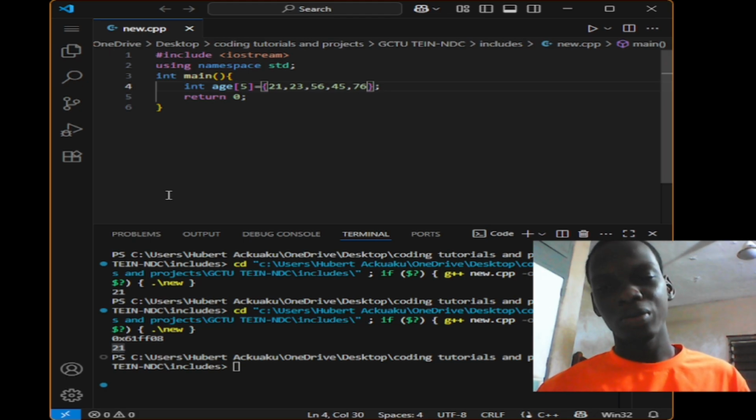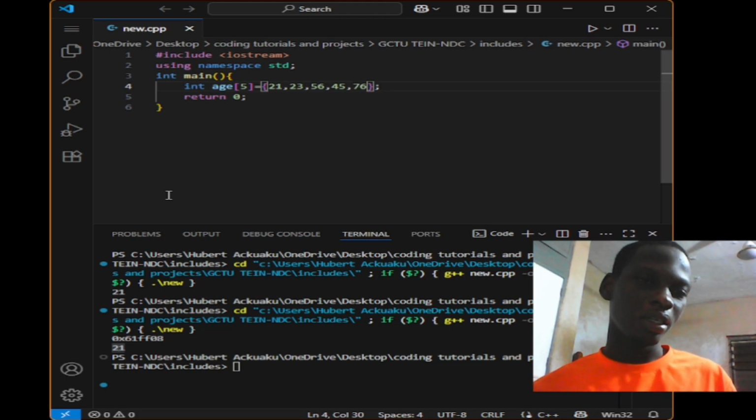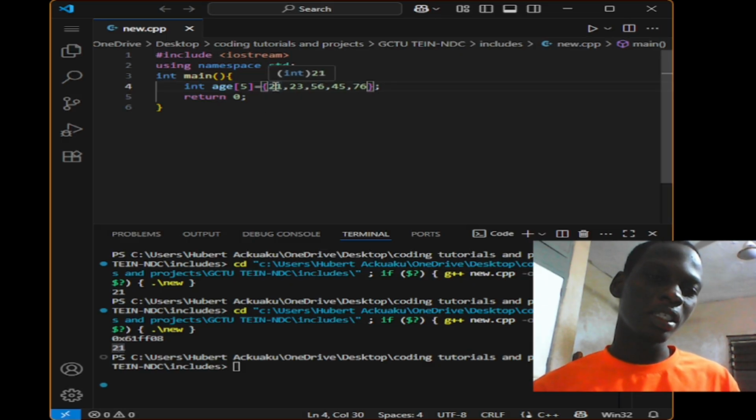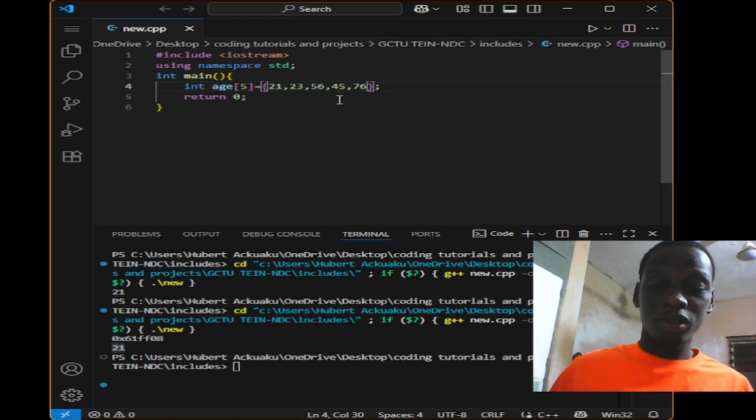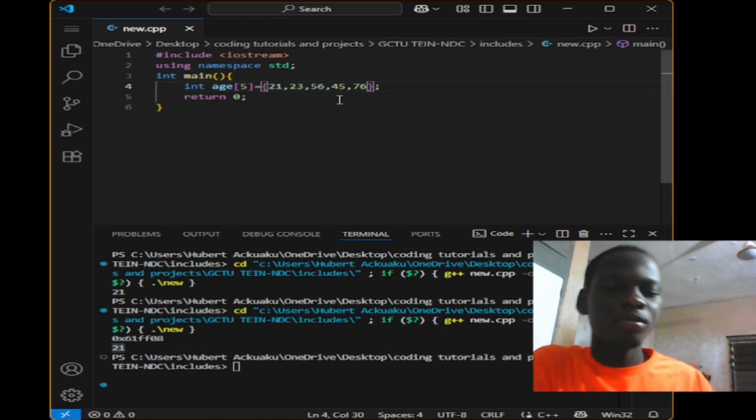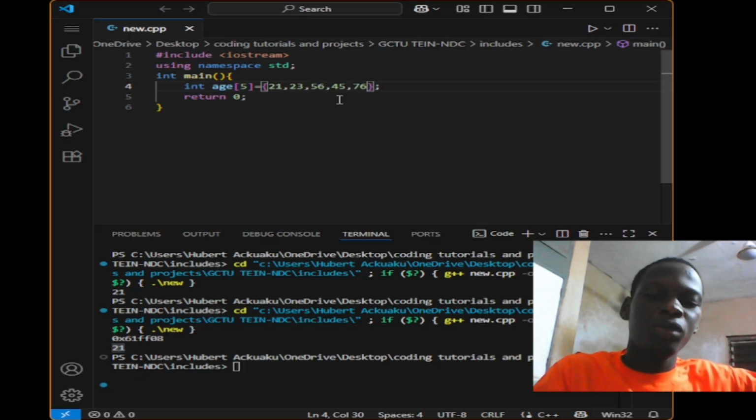But in the array, when you want to access the data in it, it doesn't count from 1, it counts from 0. So the first digit here is index 0, the second one is 1, the third 2, fourth 3, and then the fifth 4. So if you want to output the value of the array,